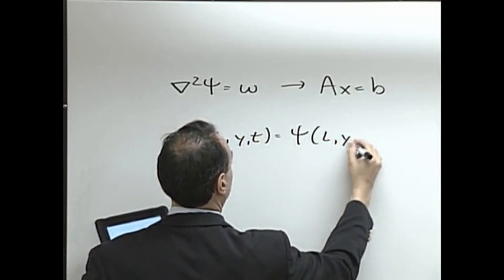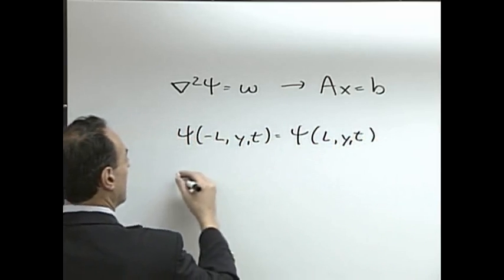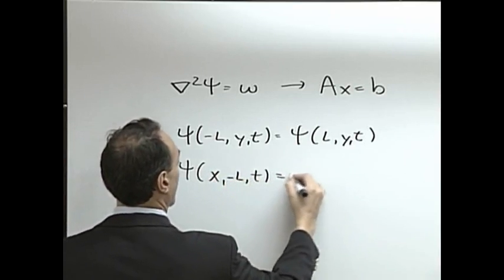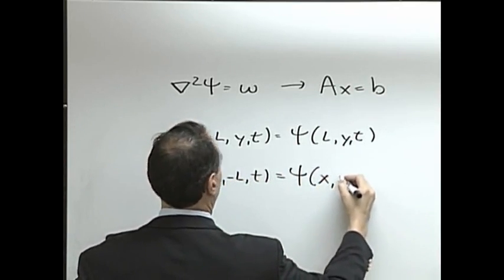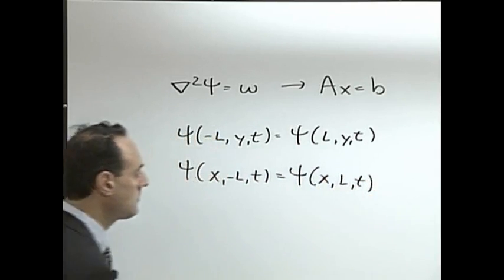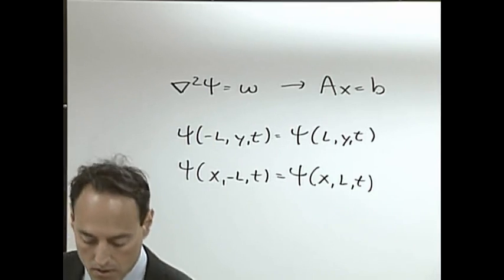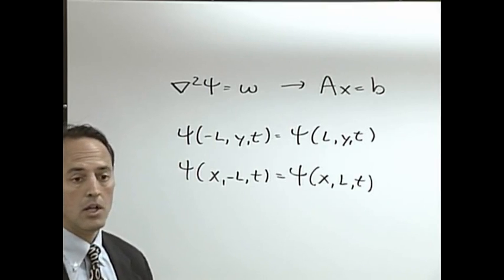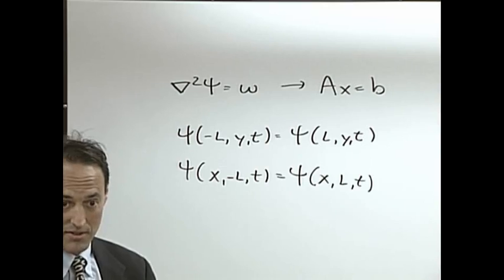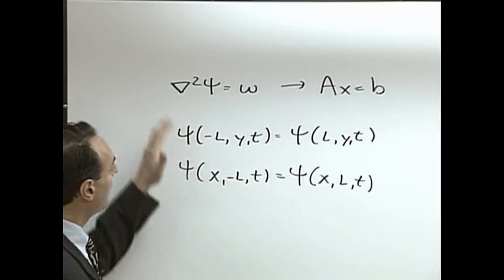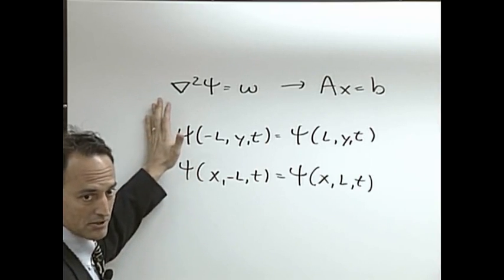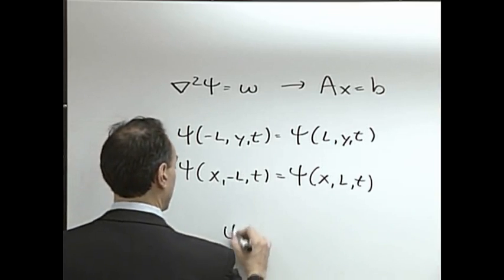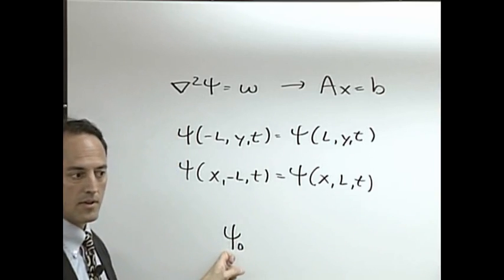So, for instance, at the edges of the domain in x, they're equal. And then at the edges of the domain in y, they are also equal. Now, here's the thing that we want to address head on. We started talking about it last time. But let's talk about how we're going to actually do this now, which is if you have this with periodic boundary conditions, and if I find a solution to this problem, let's call it psi naught, then I can always